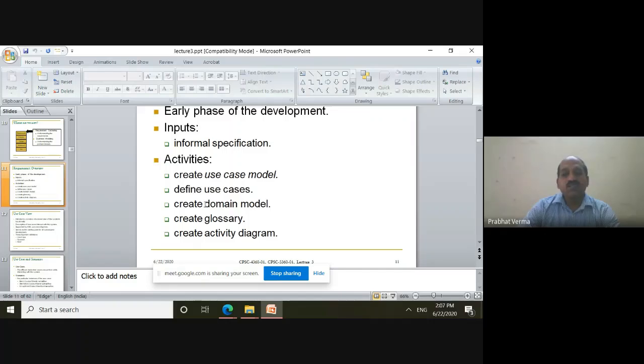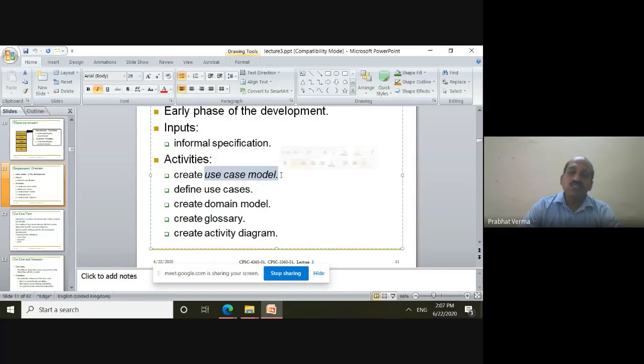So the domain model gives the structural aspects, the internal view of the system, whereas the use case model gives you the external view, or the user's view, of the system. So you can say that both are complementary to each other. Both developments go in parallel, and during the analysis and design phases, both are elaborated.